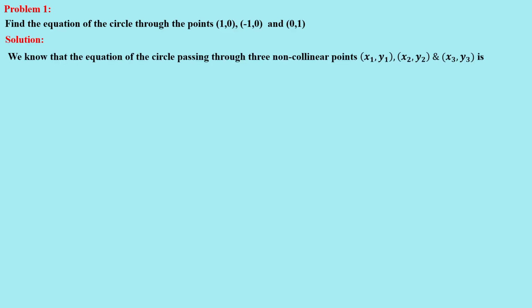Find the equation of the circle through the points (1, 0), (-1, 0) and (0, 1). We know that the equation of the circle passing through three non-collinear points (x1, y1), (x2, y2) and (x3, y3)